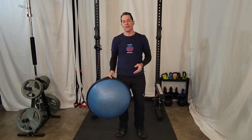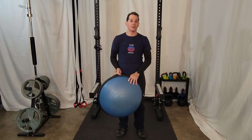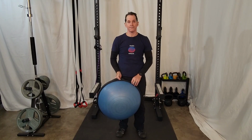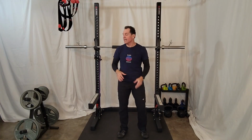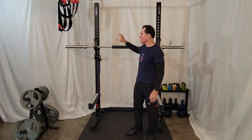The other con I have, a little bit costly for this particular guy. This one is $129, but for what you get, I think it's a good value for that. The next equipment on my list is the squat rack, and I'm actually including the squat rack with the barbell